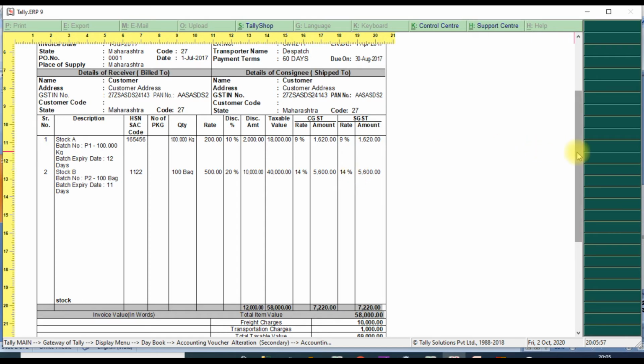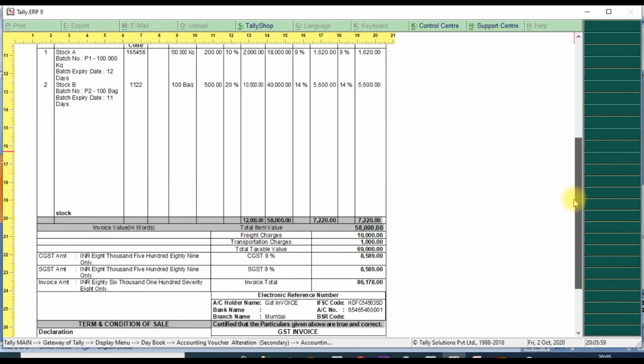Then we will come down, it will calculate the total inventory amount of the discount, taxable value, CGST value and SGST value, and total item value it will calculate.